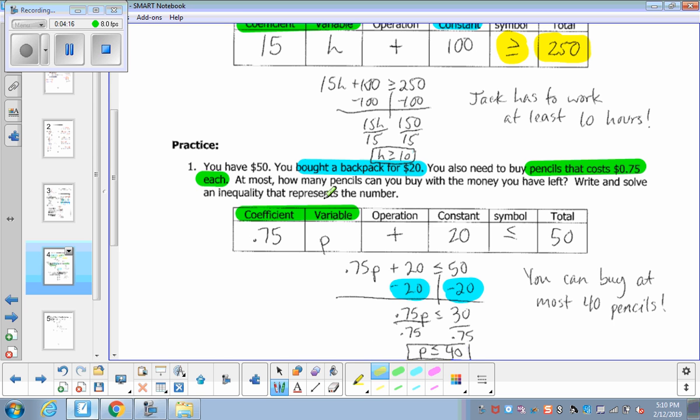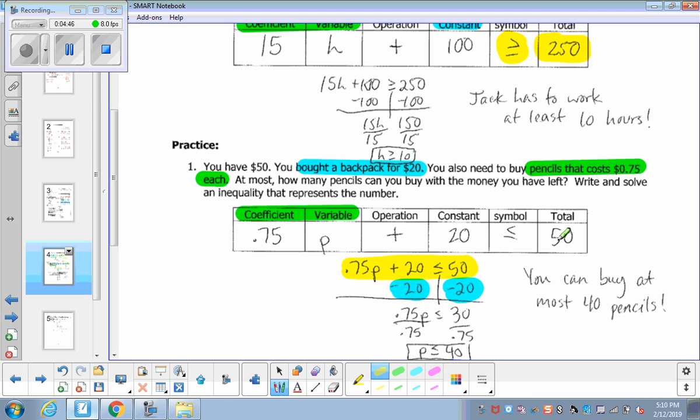But first, from the beginning, our inequality is going to be that it is 75 cents per pencil plus a $20 backpack has to be less than or equal to the $50 that we have to spend. So in this chart, it just kind of helps you break down the parts, that the coefficient is the number before the variable. Then you're going to add the $20 because the backpack costs $20. And the 75 cents on the pencils plus the backpack has to be less than or equal to the $50